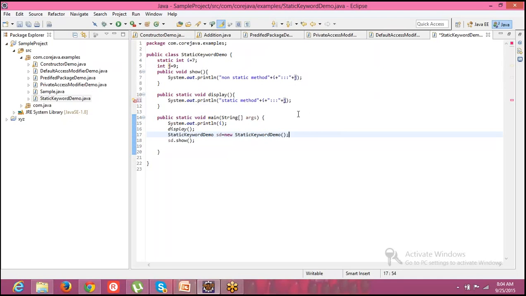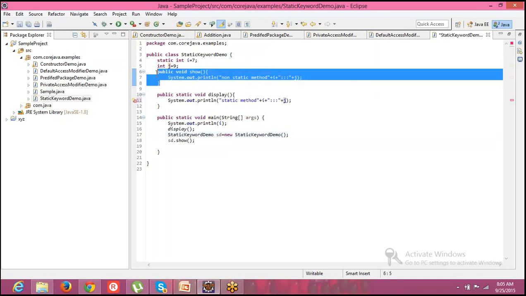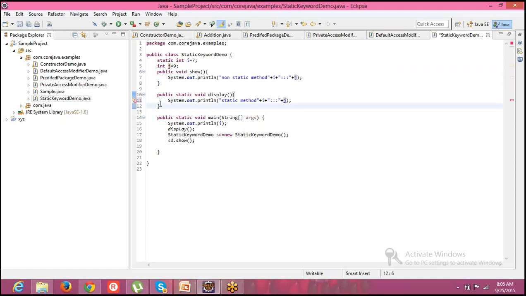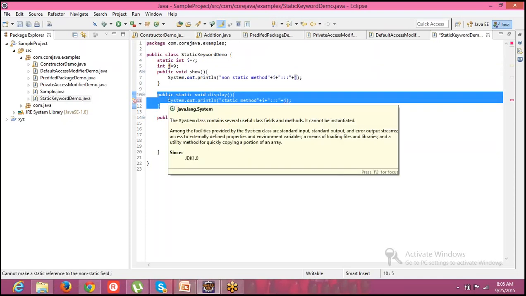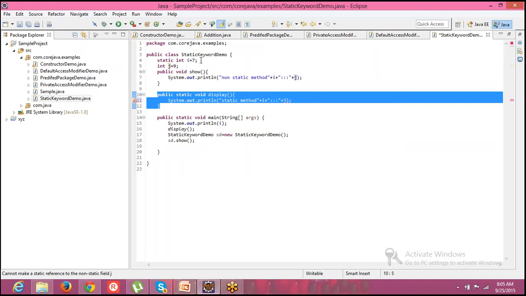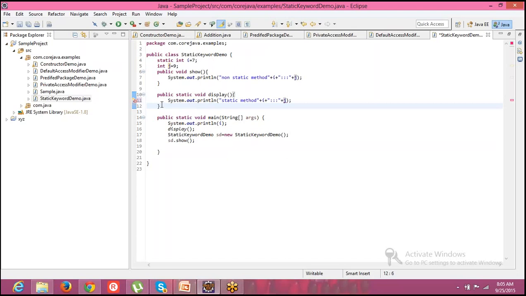Okay, let me come again if that is the case. A non-static method can access both static variables and non-static variables, whereas a static method can access only static variables. That is what we learned from this program, right? Is it not?